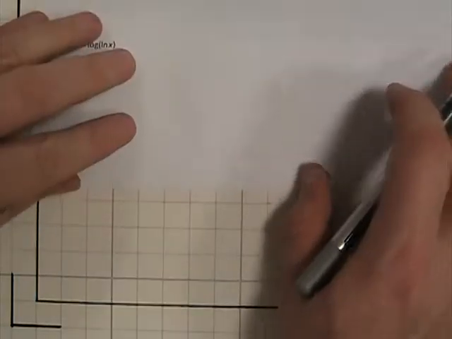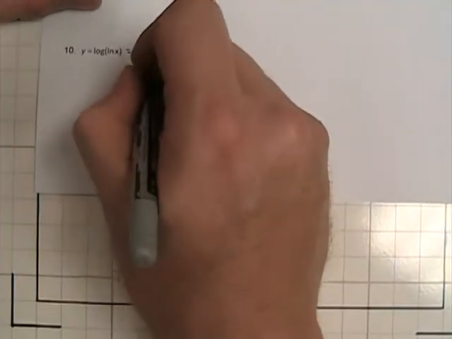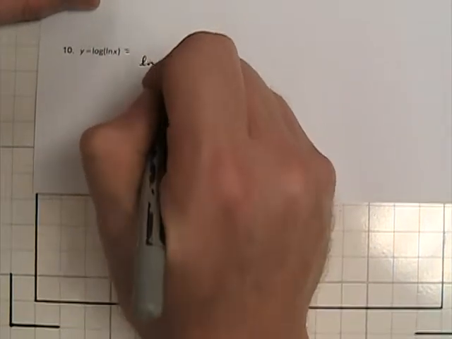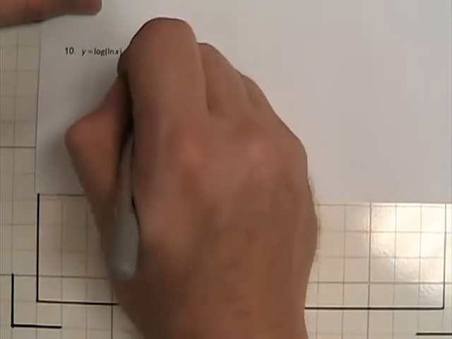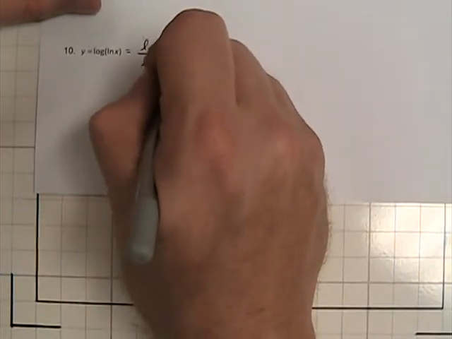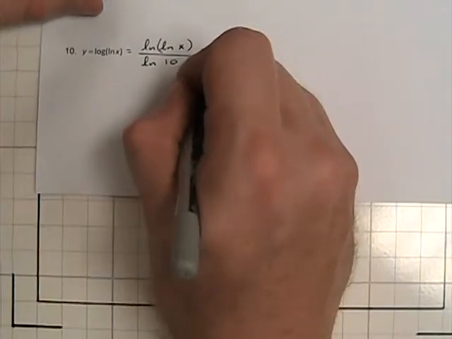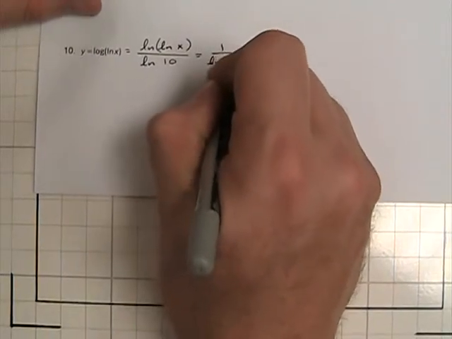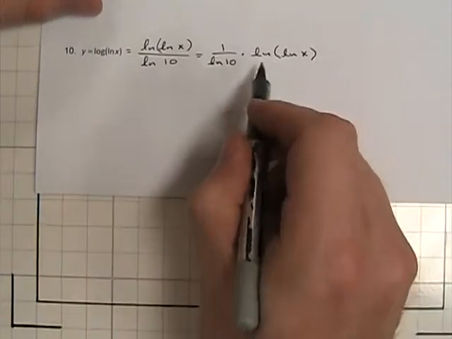Okay, for the logarithm here, we're going to have to do another one of those base changes, since this is log base 10 of natural log x. So let's rewrite that. So natural log of the old base and then the new logarithm. This is just a constant, so we'll rewrite that as 1 over ln 10 times ln x, and this part